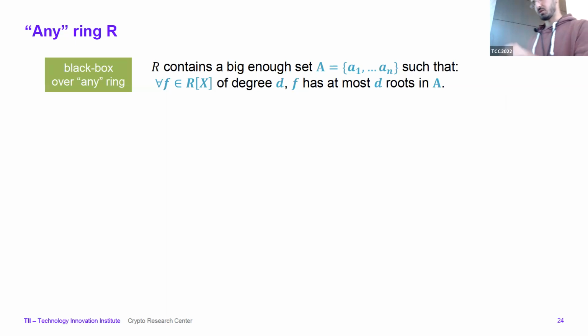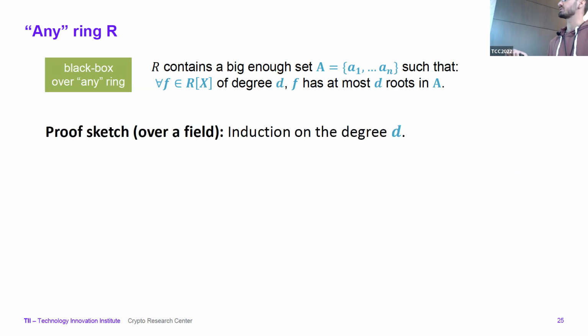I'm going to do this so that any outsider of the field could understand it. In order to get the soundness of these protocols, at some point you need to reason about the number of roots of a polynomial. So how do you do this proof usually? Okay, we have some set A, we have some polynomial f of degree d, and we want to prove that f has at most d roots over the set A.